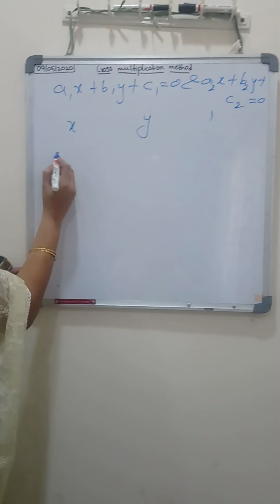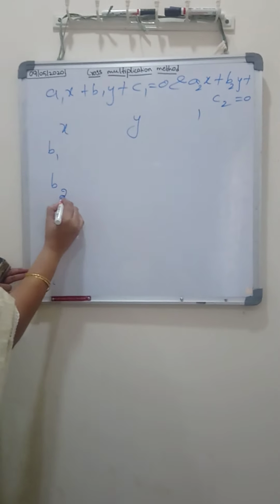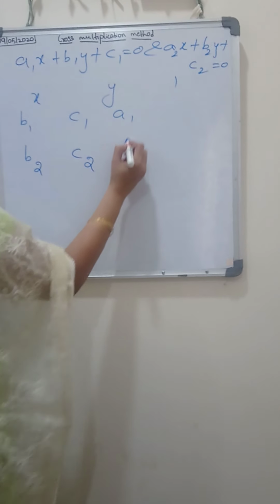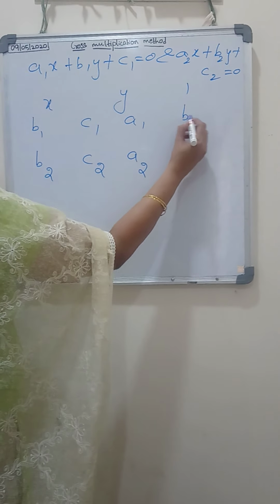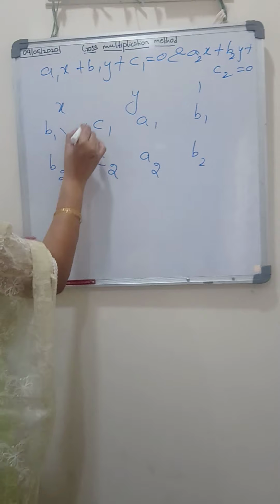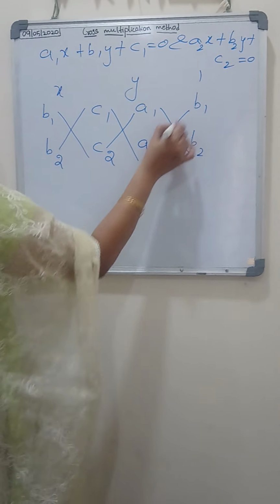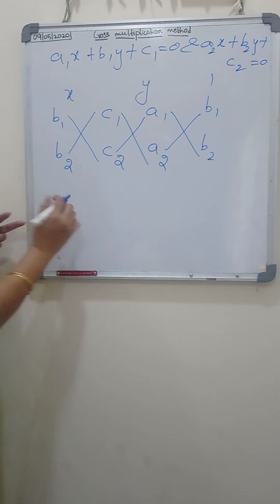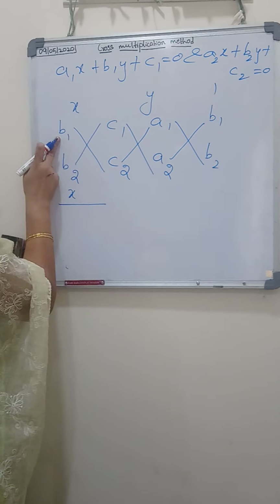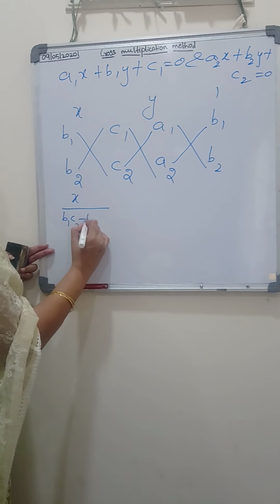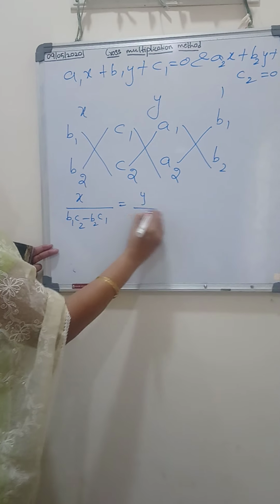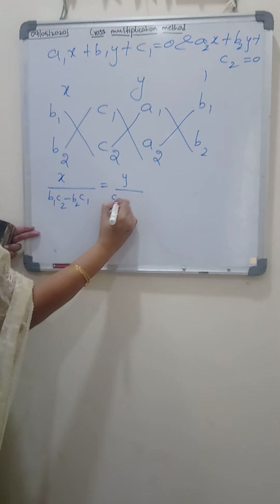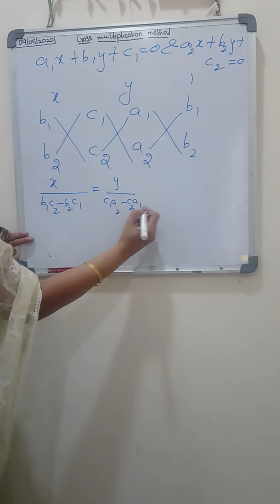Now under this you write, first you write b1, b2, next c1, c2, next a1, a2, next you write first one b1, b2. Now like this you cross multiply, children. So first you write x by product of these two minus product of these two. Yes children, x by product of b1, c2 minus b2, c1 is equal to y by product of these two, children, this into this minus this into this, c1 a2 minus c2 a1